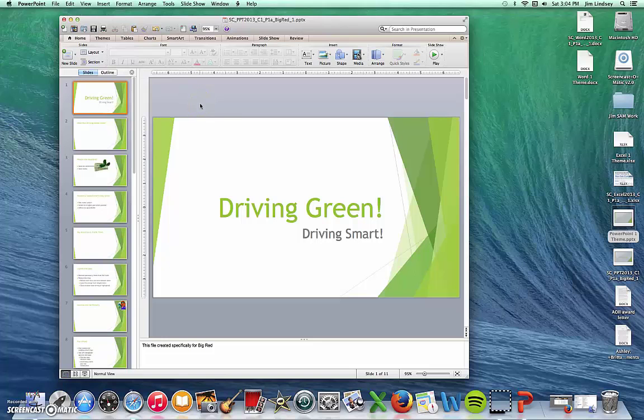Now my start file is ready to do everything that Dr. Cruz is going to show us, as long as you can get past figuring out the differences in the menu or the ribbon up at the top. So let me show you the same process with Excel and Word, because it's located in different spots on the ribbon in those applications.